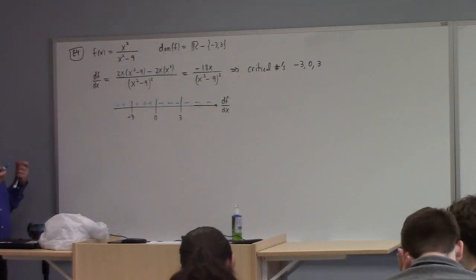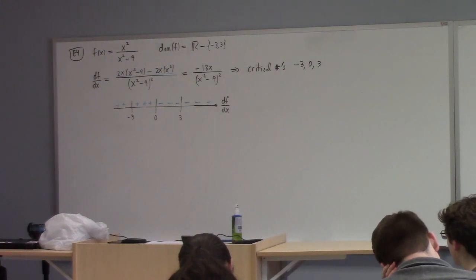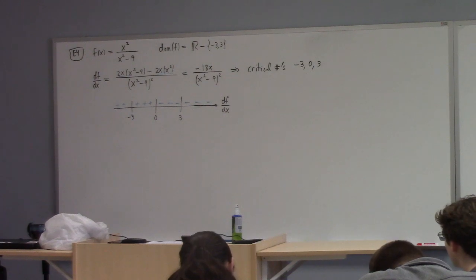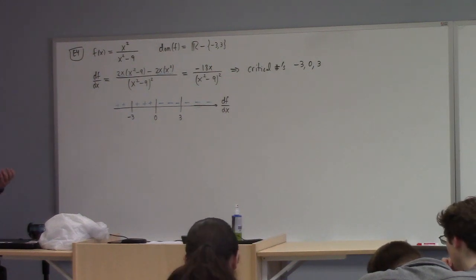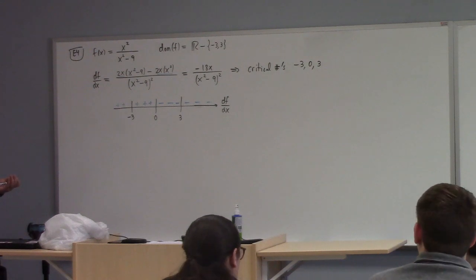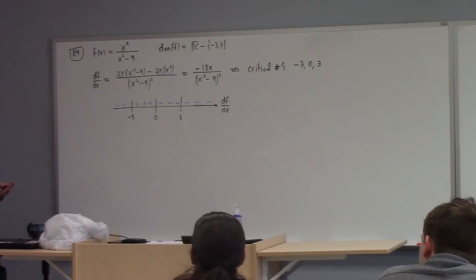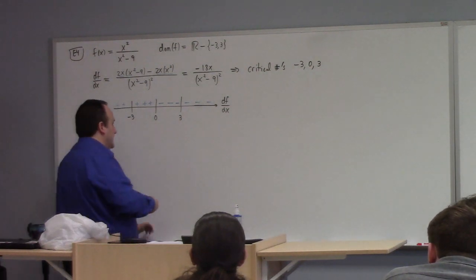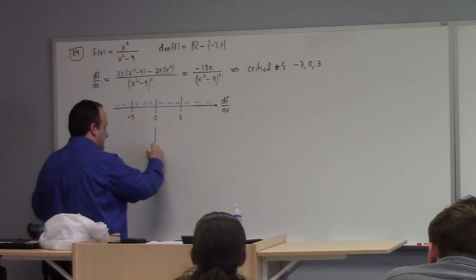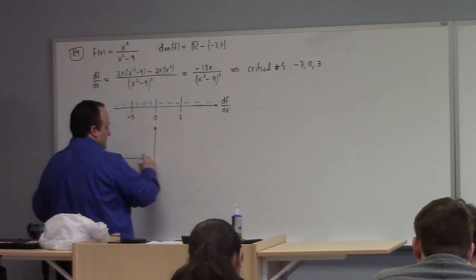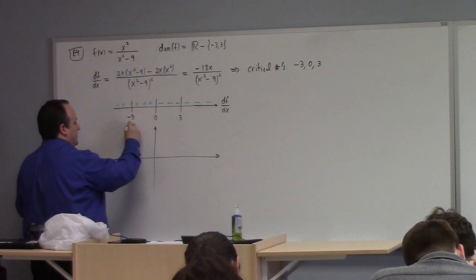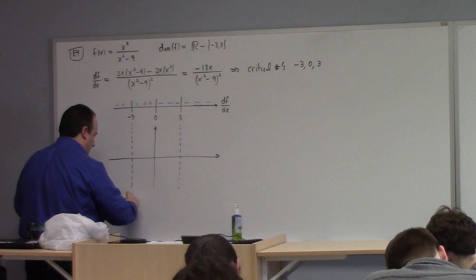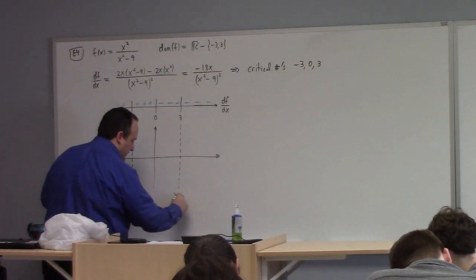However, it would not be accurate to say that the first derivative test applies at minus 3 and 3, right? Why is neither minus 3 or 3 a local max or a local min? Because they're vertical asymptotes to the function, right? So that it's pre-calculus. It's not even calculus that we learn how to graph that. So here's the graph, and put my vertical asymptotes in here like so. Here's your x equals minus 3. Here's the x equals 3.